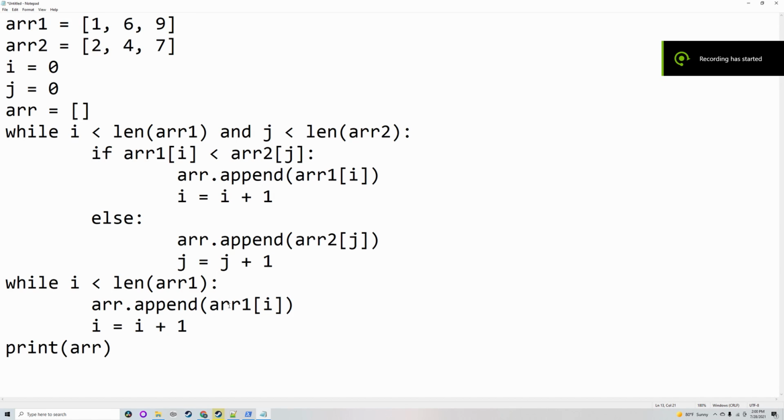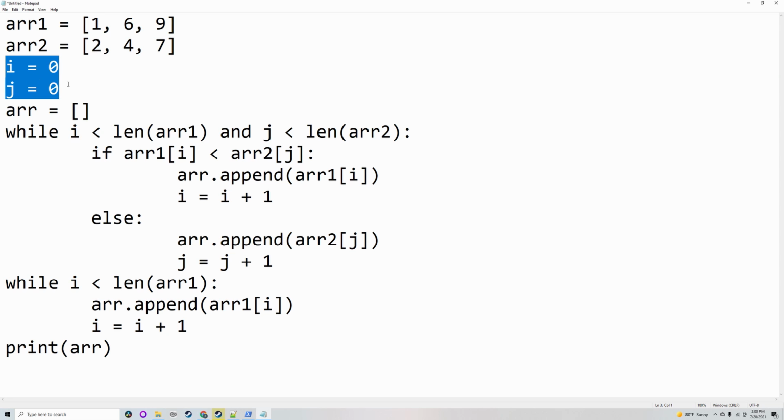So in this program, we have two arrays and we want to merge them and sort them. So you have an I and a J. They both start as 0, and you have one more array which starts with nothing inside it. So you have, while I is smaller than the length of array 1, so I will be going through array 1,